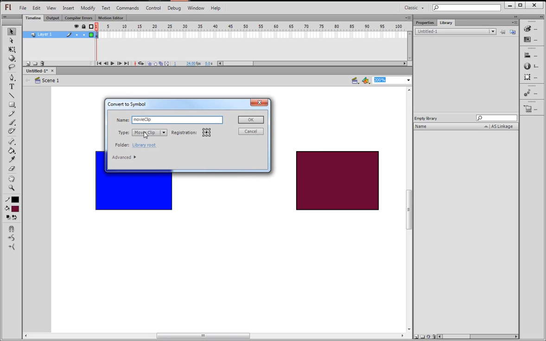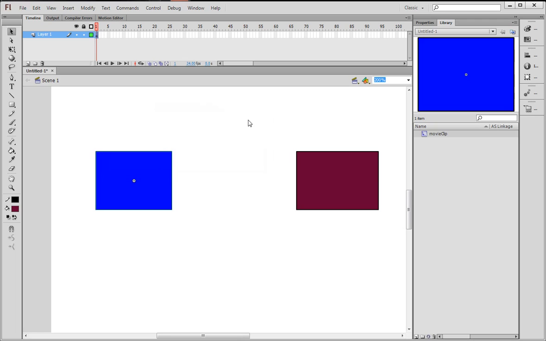You can see there's a type here. There are three different types. We're going to stick with the top two for the most part. The third one is kind of like a movie clip, but with a lot less options, and I usually kind of stay away from that one, right? So I'm going to hit OK, and you're going to see it kind of changes a little bit, right? When you select it, now we've got this white point right here,